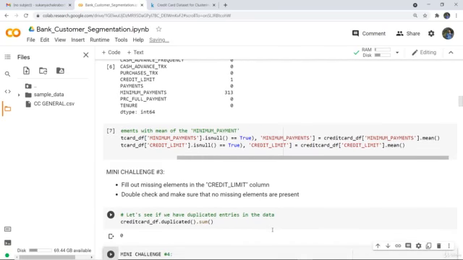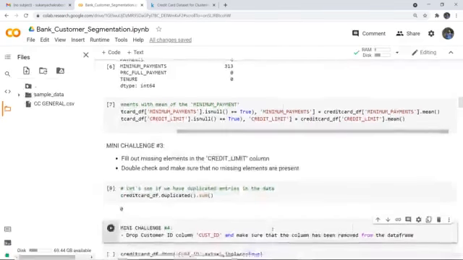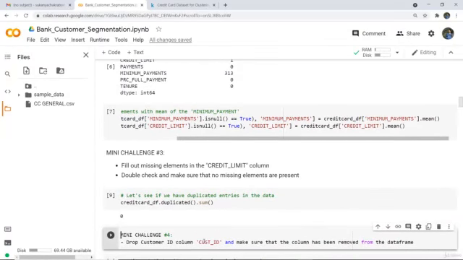So that is 0. There are no duplicate entries. And next, what we need to do is drop the customer ID column. Why? Because it has several letters also, and that will cause further errors when we execute some plotting and other things. So we are dropping that particular customer ID column, and we have to make sure that it has been removed from